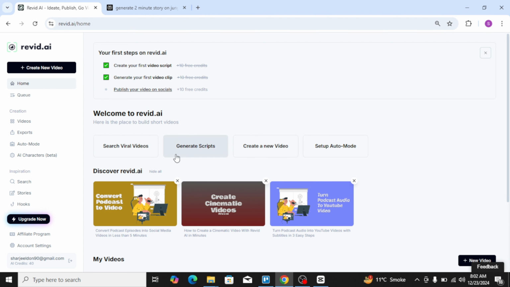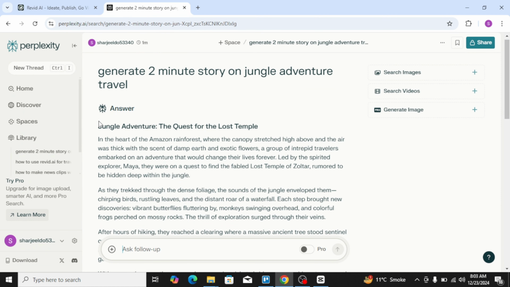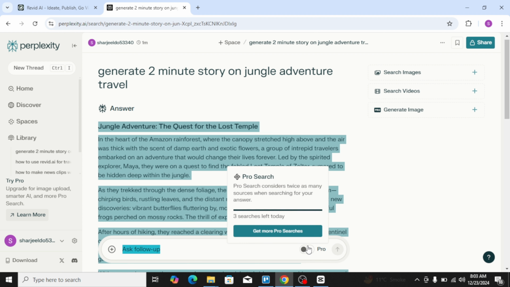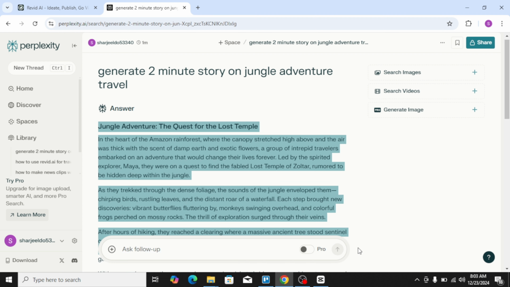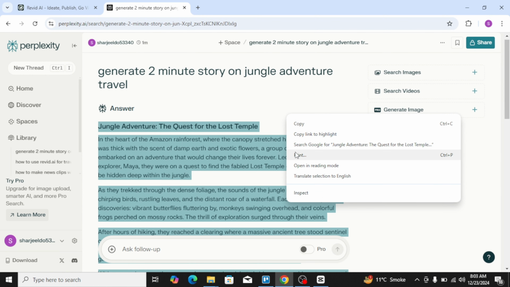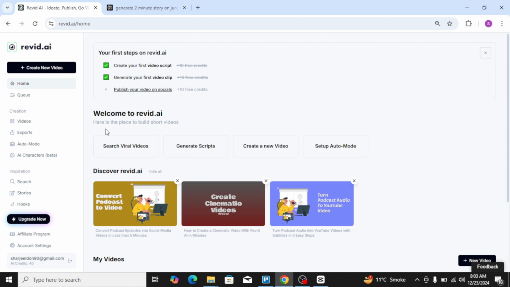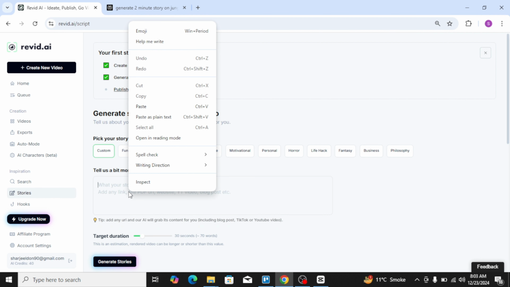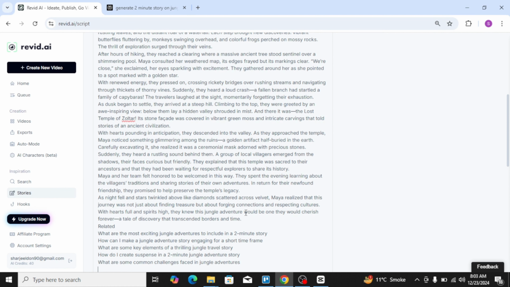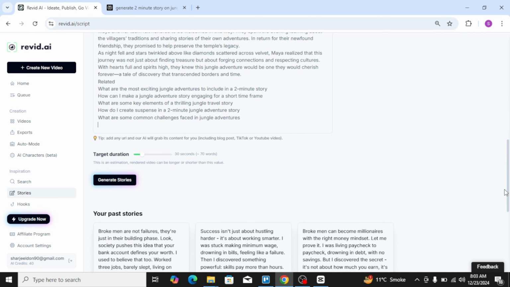So you will just add a topic, and if you have your own script you can also upload it from here, but I will just use Perplexity for this short story. So I will just copy it, and I will just tap on Generate Script, and paste the script here, and just tap on Generate Story. The target duration you will set to 120 seconds, and it will be